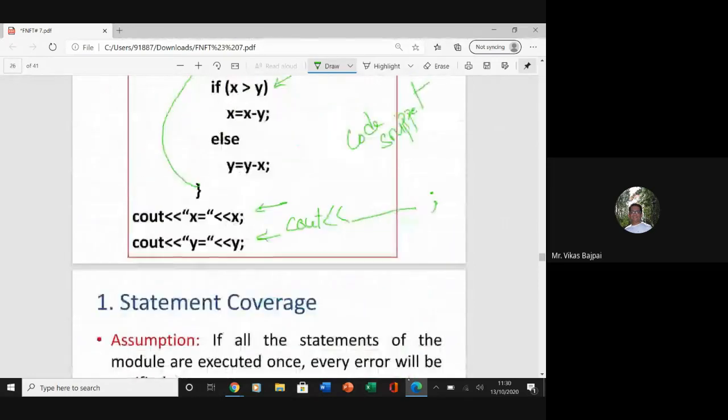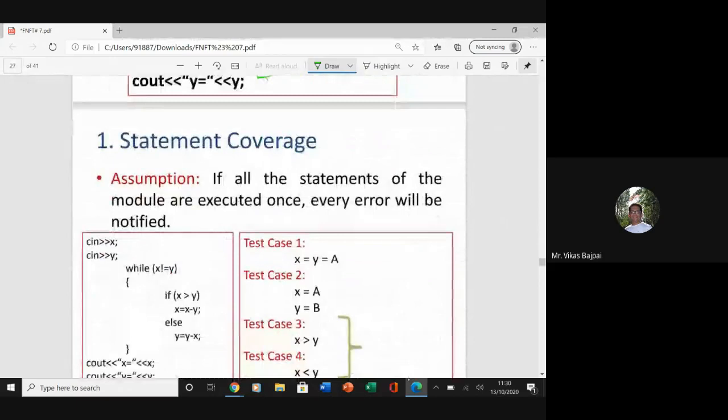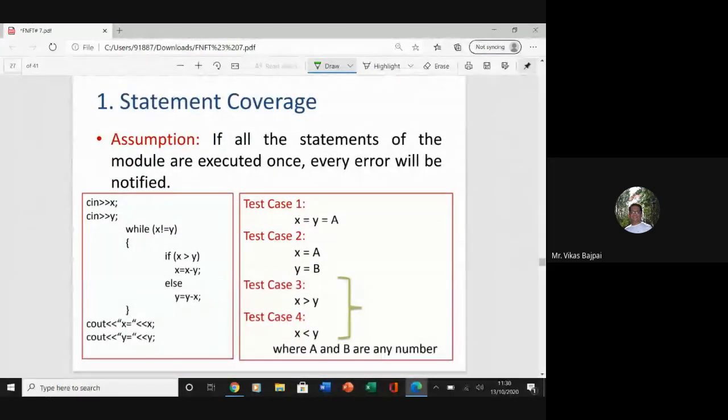When we talk about statement coverage, the assumption is that if all the statements of the module are executed, every error will be notified.